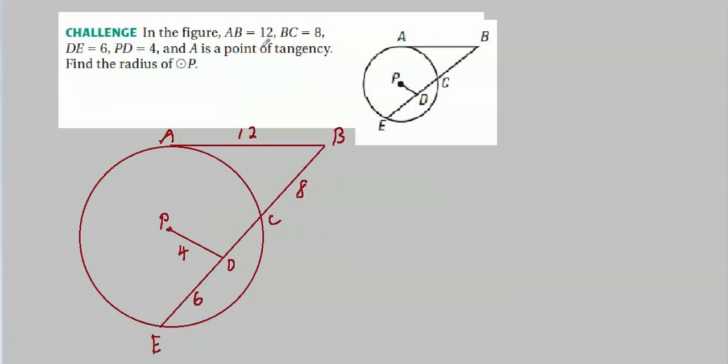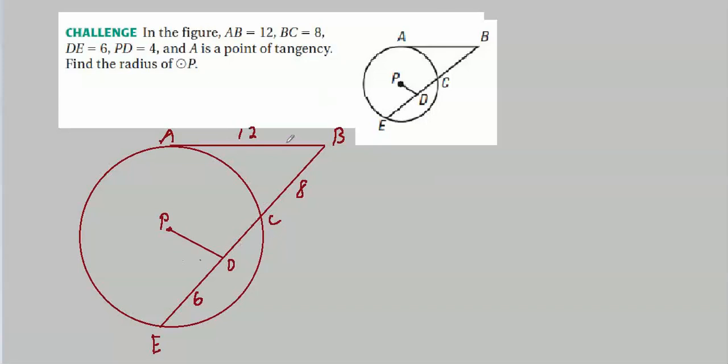This problem is not that obvious. It's not clear what you would have to do to arrive at the radius. If they'd asked us for something like, say, DC, we'd know just what to do, wouldn't we? So let's find DC here and see what happens.